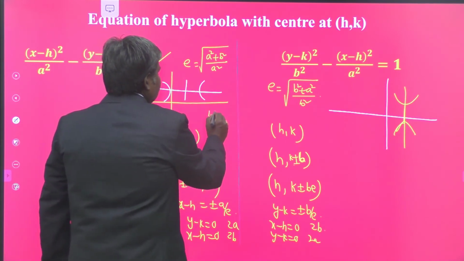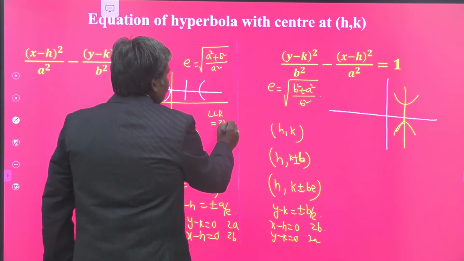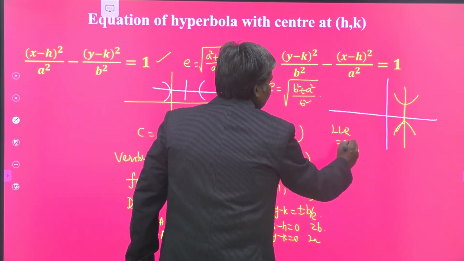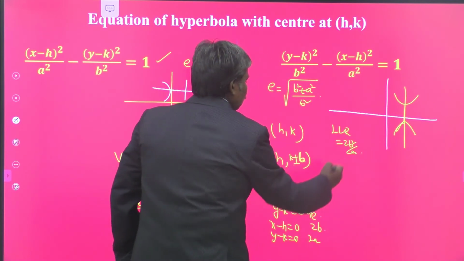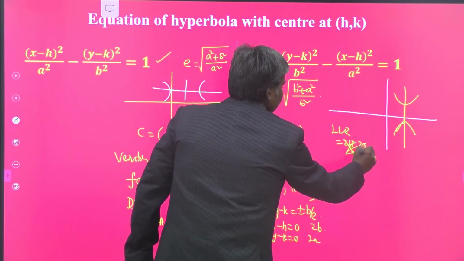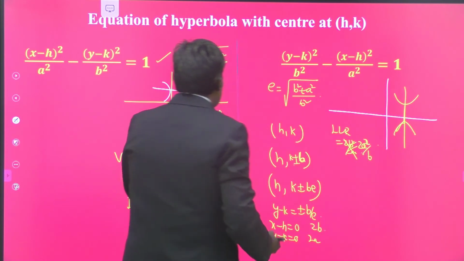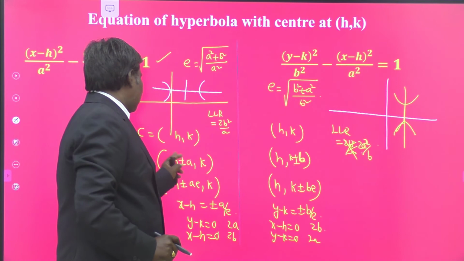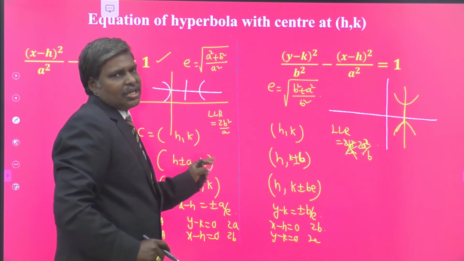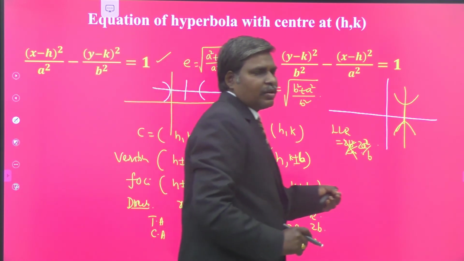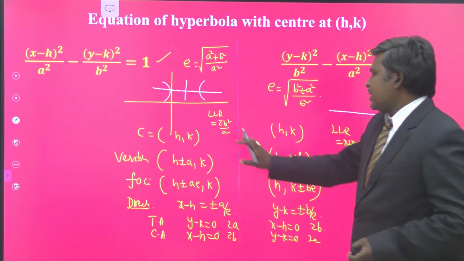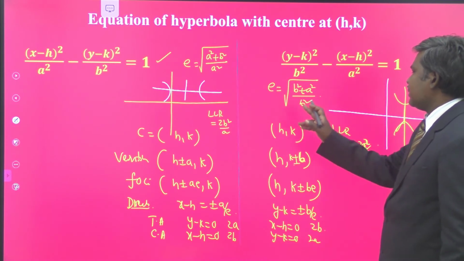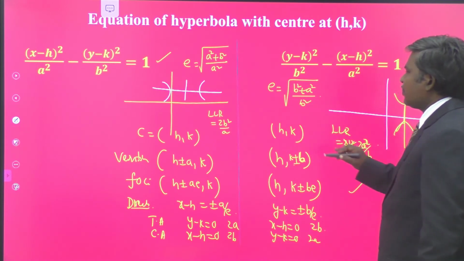Here the length of the latus rectum is equal to 2b square by a. Here also the length of the latus rectum is 2b square by a. There is no change, 2a square by b. Sorry, 2a square by b. Here the length doesn't change, but instead of vertices and foci, you have to add h comma k to the previous list of the formulae. So center, vertices, foci, directrix, transverse axis, conjugate axis, length of the latus rectum, all these formulae are just